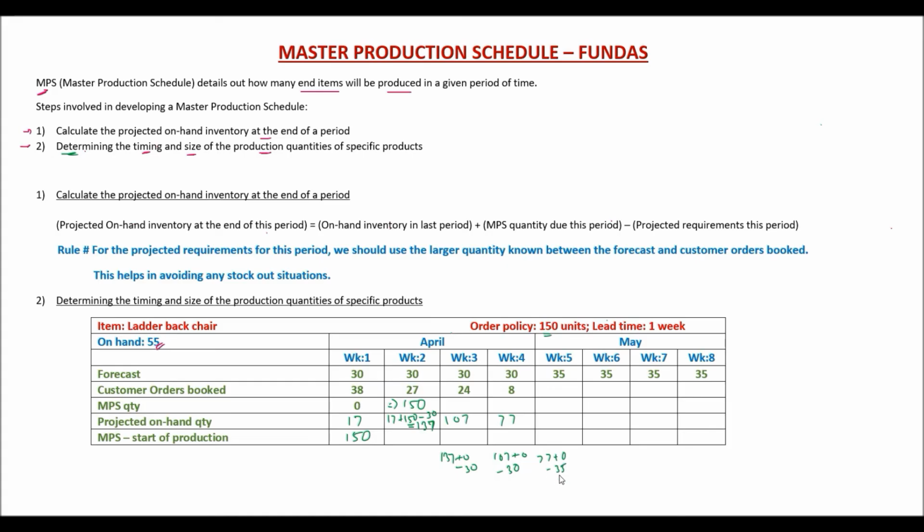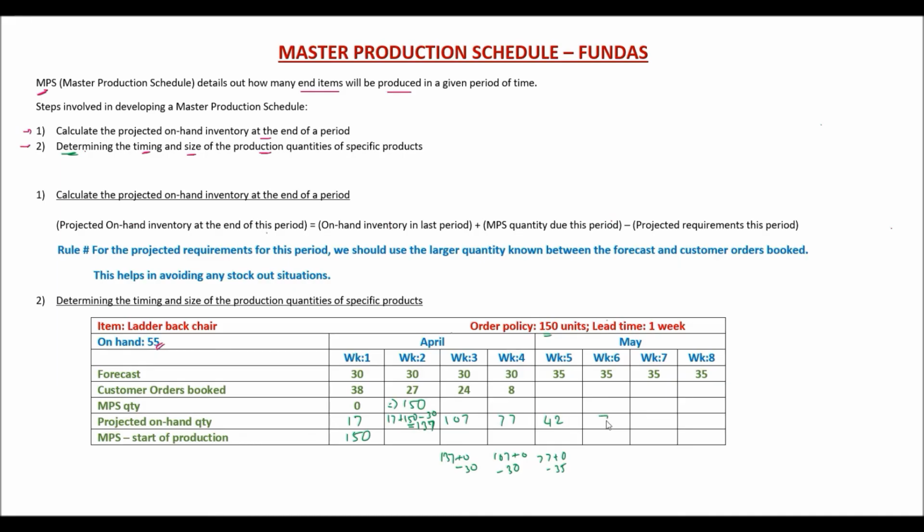So 77 minus 35, which is 42. So now at the end of week 6, the projected on hand quantity will become 42 minus 35, which is